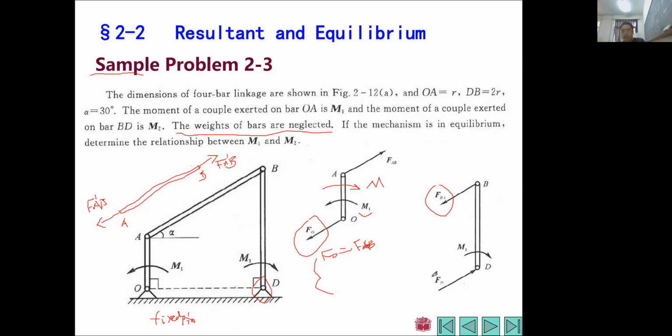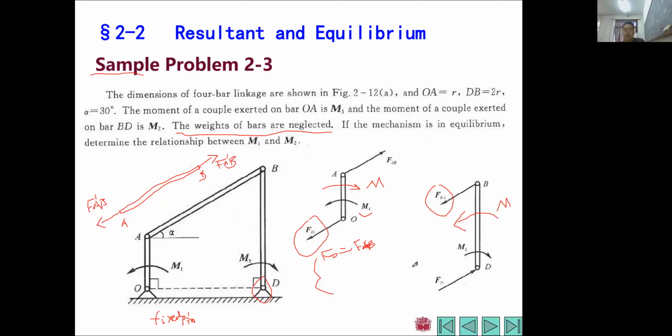Its magnitude also should equal FBA because these two also have to constitute another couple which has the same magnitude as M2 and opposite direction to M2. Then this M1 and this M2 can be totally counterbalanced and the resultant